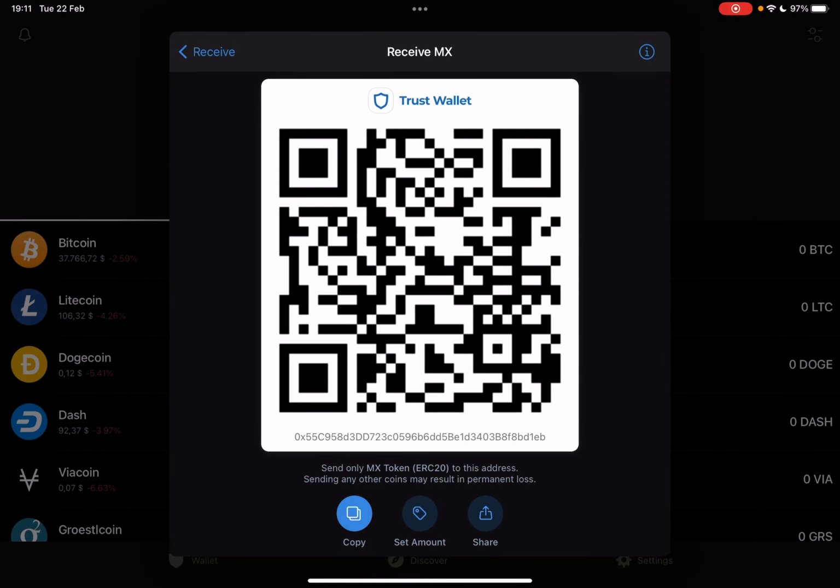And this way, Trust Wallet is going to generate your own personal QR code. And with this QR code, you can start receiving coins in your Trust Wallet immediately. You can also use this QR code to scan it for yourself. If you have coins in a different wallet, you can transfer them to your Trust Wallet by scanning this code. You can also use the copy icon, which is going to copy your Trust Wallet address, and you can use